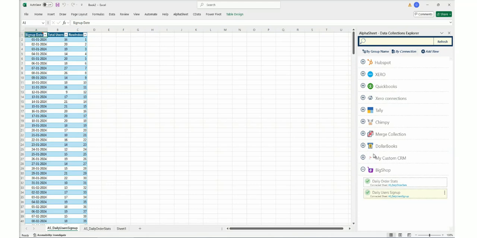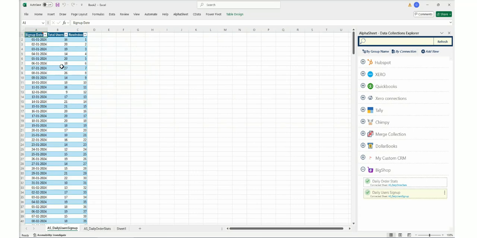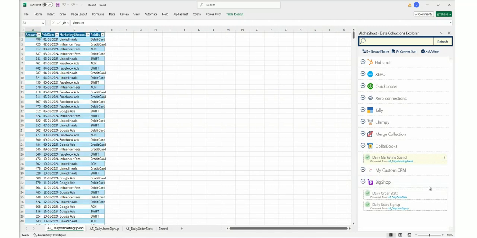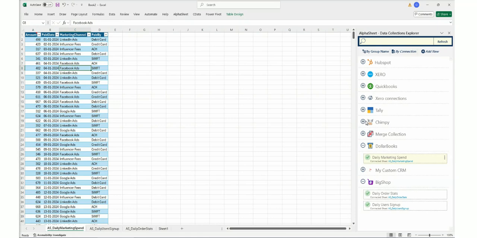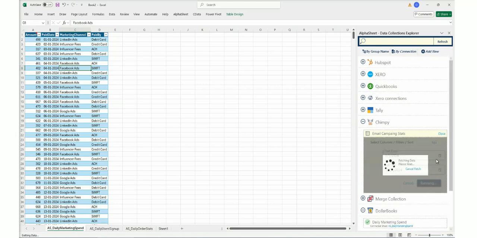Same way. Now, say we were talking in this use case that we have got order stats, how many were paid, how many were canceled, shipped, etc. And then we have got these user signups on what day, how many users were signed up with us. Then we have our accounting software, which is giving us the data for daily marketing spend. We hit run, and it gives us the data, and then we have got our marketing data set. Once we hit,